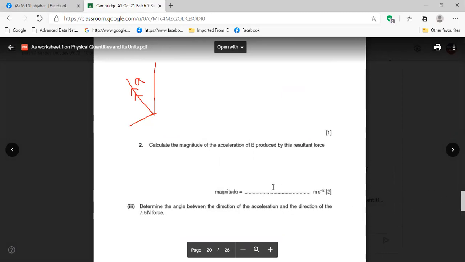So if you want to find acceleration, then what is the formula? F equals ma, right? So you write that formula, F equals ma, then a will be what? F by m. Very good. So F, you know. What is the value of F? 6.6. Then what is the value of mass? Mass is given at the beginning, you see. It's written there. 750 gram, right?